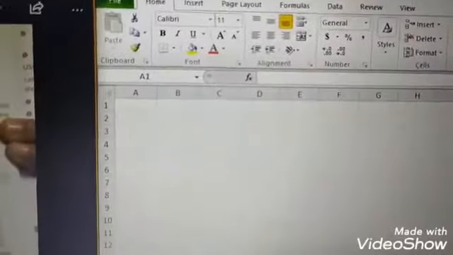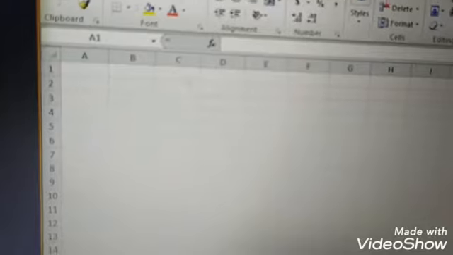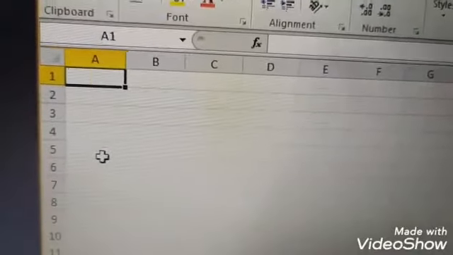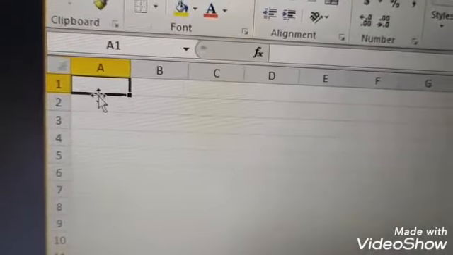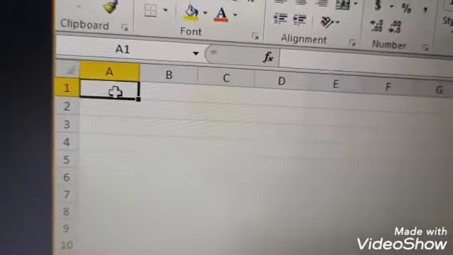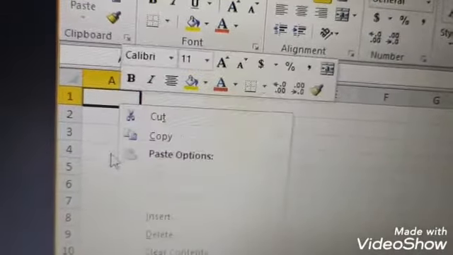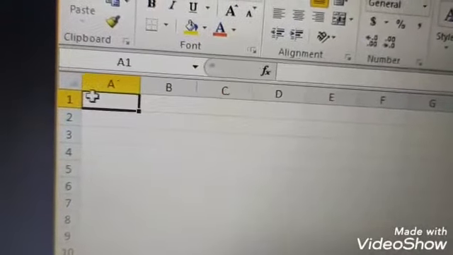Now see how to select a range of cells. First you have to click on the first cell. Just look here, I click on the first cell. Then, while holding the left mouse button, drag it.